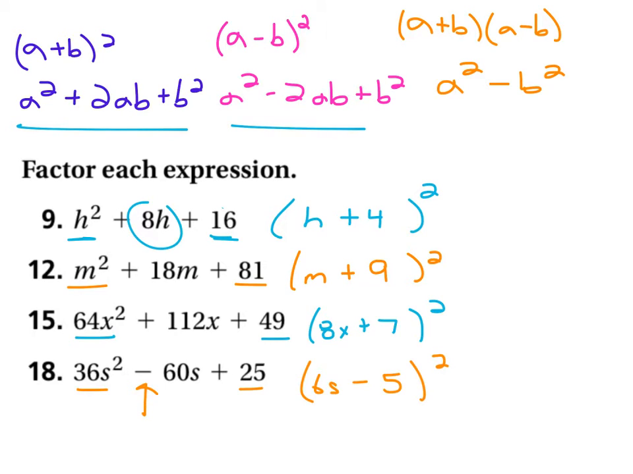So now we've got two terms, 6s and negative 5. Multiply them together. 6s times negative 5 is negative 30s. Now double it, and you get negative 60s. And that is what that middle term is. So we believe we did it right. Check your answers against the book, as always, but there you go. Those are special